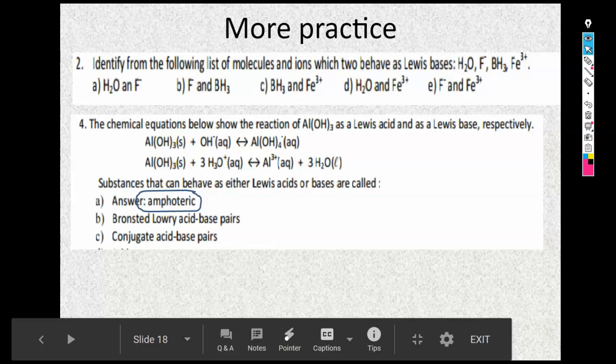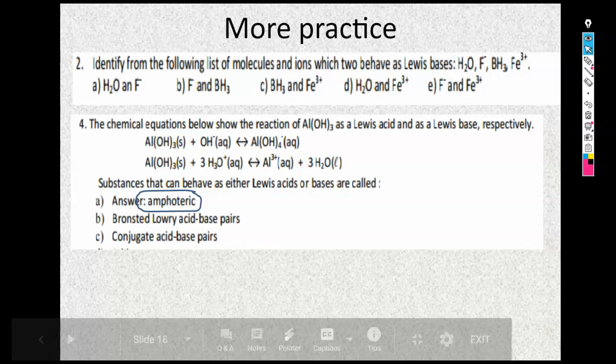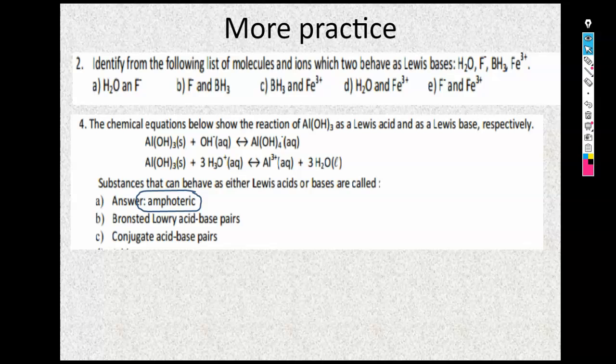Okay. So in the next one, on your final question for this Ed puzzle, identify from this list of molecules and ions which two behave as Lewis bases. And so there are your answer choices, and we will have you answer in terms of that one on your